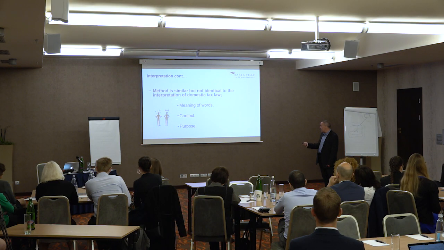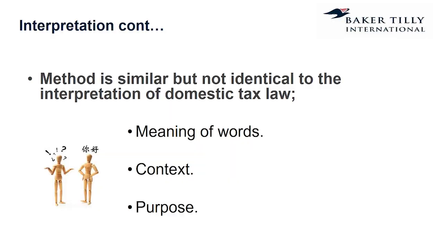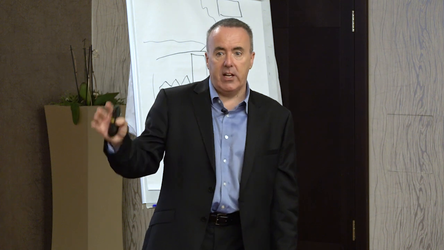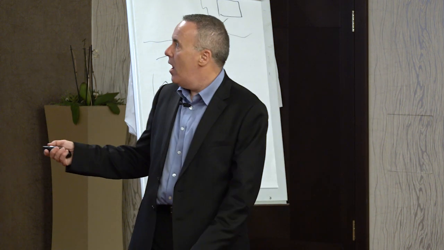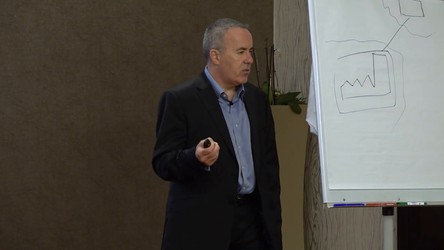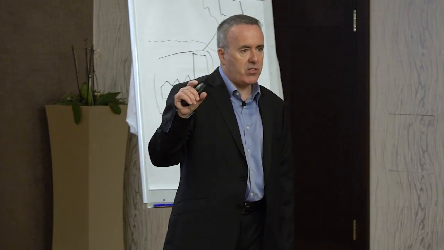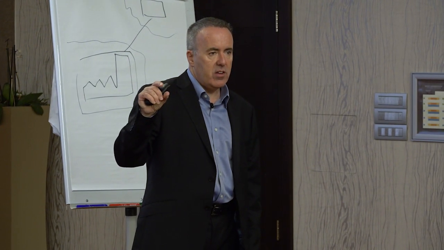And what you're doing when you're interpreting, you're doing this. You are, of course, looking at the meaning of the words. What does the word table mean? What does the table got to look like? What does the word dividend mean? What does the dividend got to look like? What does the word interest mean? What does that actually look like? You're looking at the meanings of the words, and you're looking for that purpose at the normal dictionary definitions of those words, of course. But you are also looking at the context in which they arise. What does the context mean? Well, I'll be talking about different bits of evidence of context in a moment.